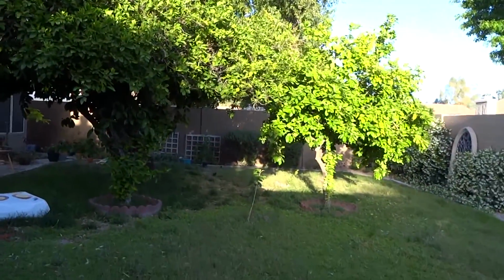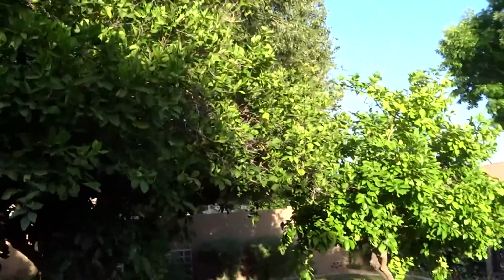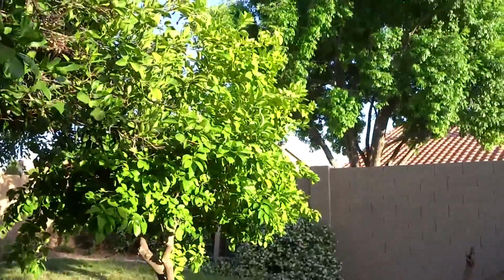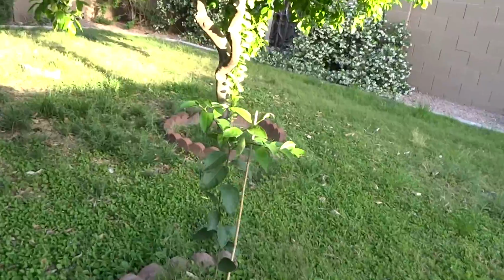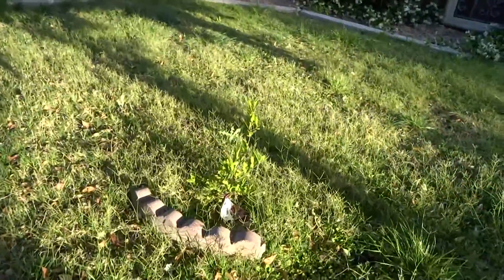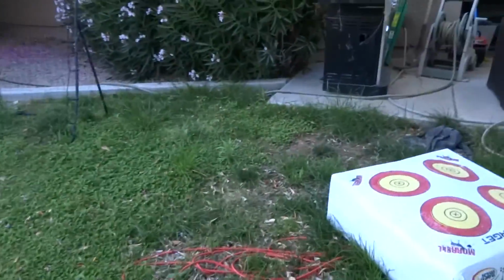We have a target over here for bow and arrow, but we have 2 trees, and so that's an orange tree and a grapefruit tree, and a little stick right here is a lime tree that we just put in this year, and we have a little baby pomegranate growing right there as well. So the last thing, and sorry for spinning around so much, that I want to show is we have